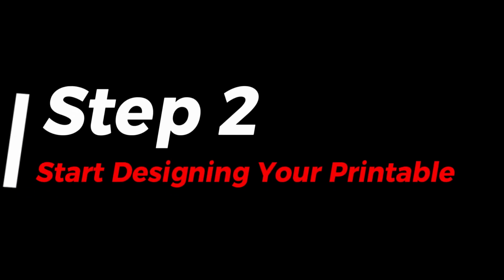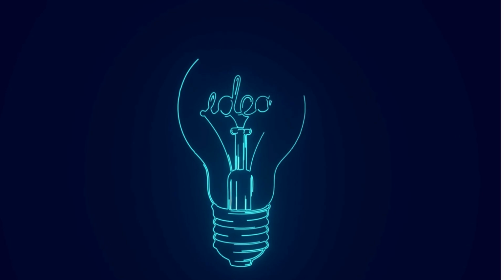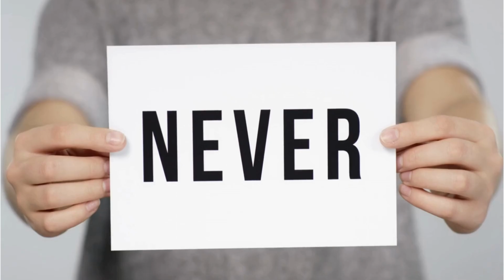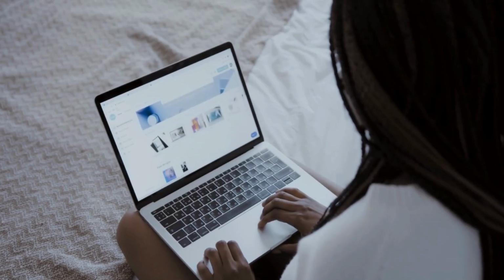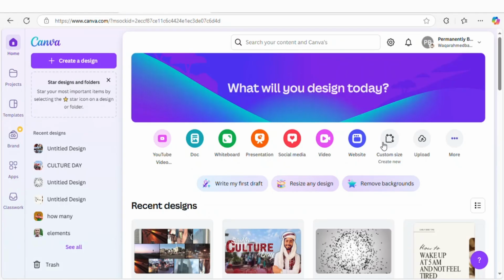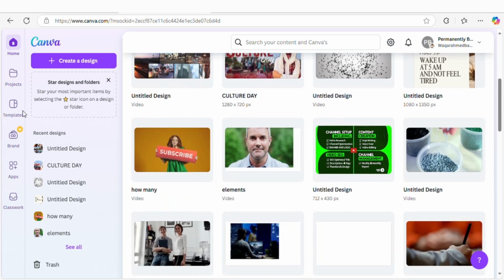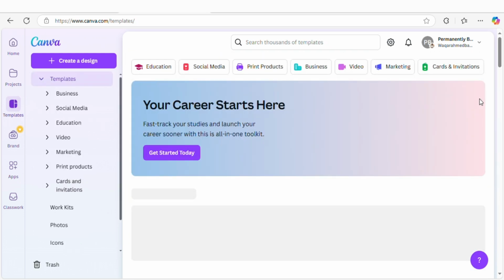Step 2. Start designing your printable. Once you have an idea of who you're designing for, it's time to get into the actual design process. Don't worry if you've never designed anything before. Tools like Canva make it super easy for beginners. If you've never used Canva, it's a free, beginner-friendly online design platform. It has tons of templates you can start with,